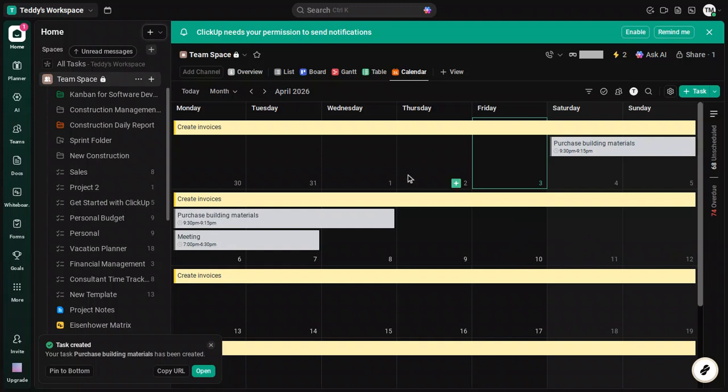If those times don't align with your usual working hours, adjust them so your schedule stays realistic. The goal is to create a calendar that nudges you at the right moments, not one that you constantly have to renegotiate. If this is a task you do regularly, make it recurring so you don't have to recreate it each time. Open the recurrent settings and choose Set Recurring. Pick the pattern that matches your routine, whether it's every week, every month,